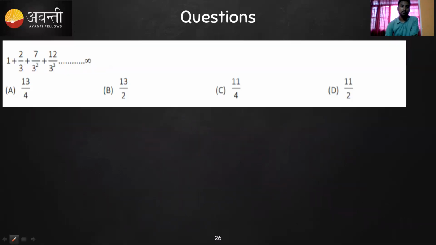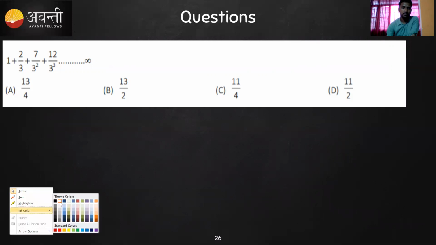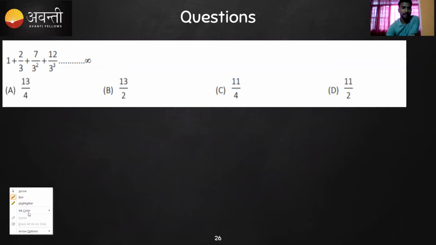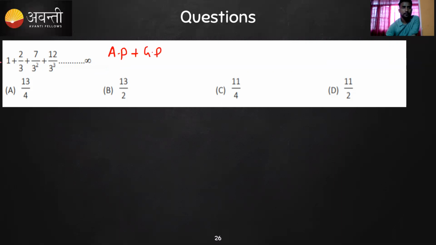Now moving into the next question, guys. So what we can do in this question? From here you can see this is a case of AP as well as GP. This is basically the case of AP and GP. If you remove this part, you can see it is 5, 5, and you can see 3 square, 3 cube. So I hope everyone has studied about this kind of arithmetico-geometric progression.